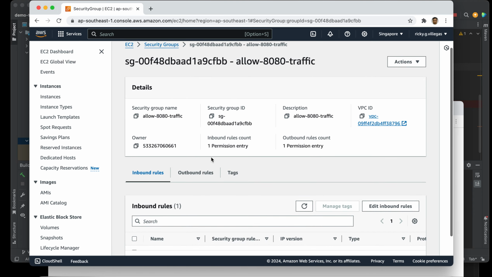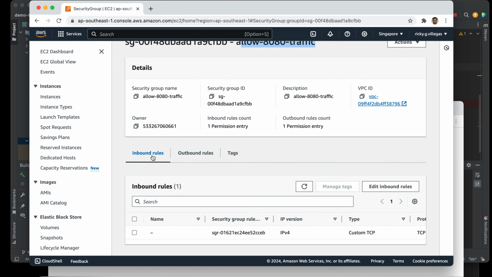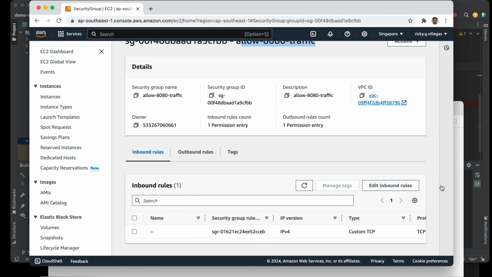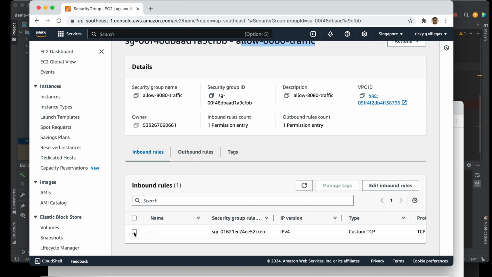As you can see, for this security group, this is the name, allow 8080 traffic. There are inbound rules and outbound rules. For outbound rules there is a default configuration, you don't need to touch it. But for inbound rules, you have to create a new entry, a new rule. In my case, because I want to use 8080, let's try.